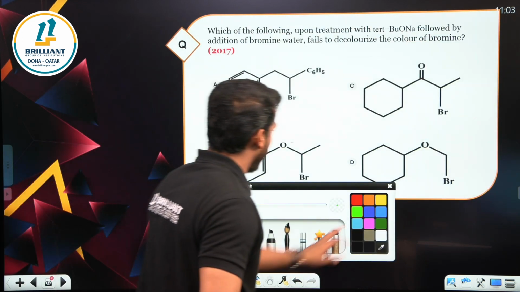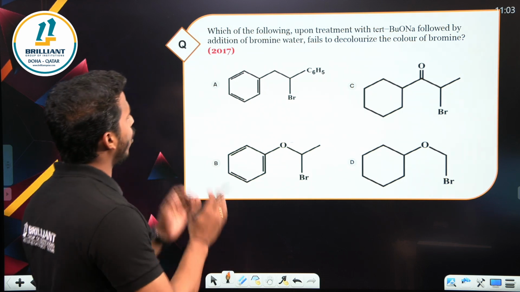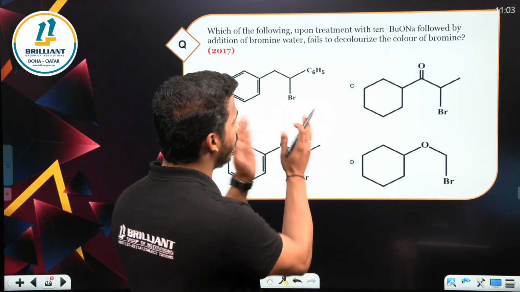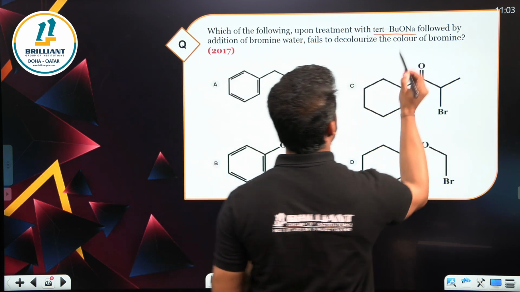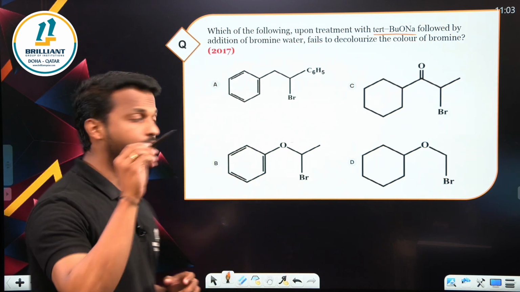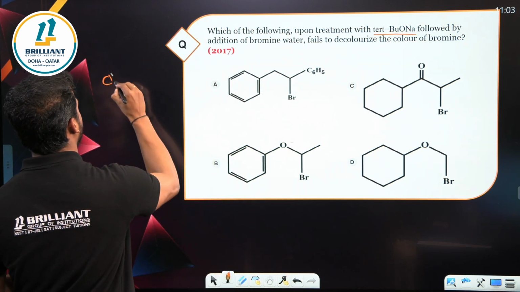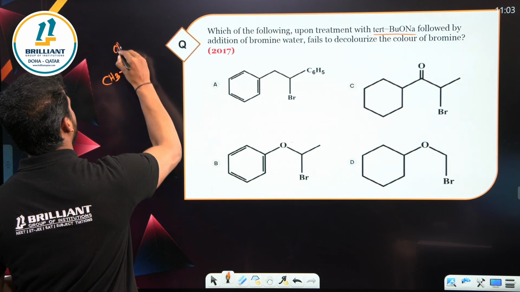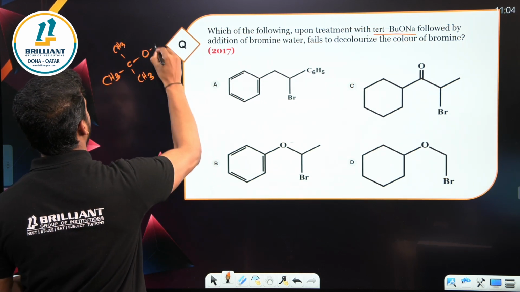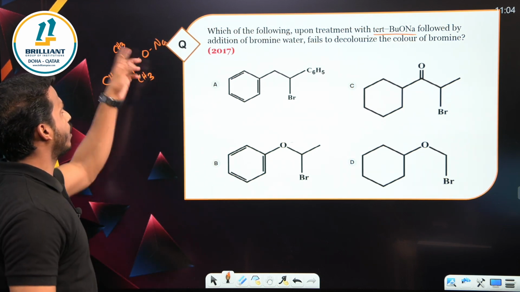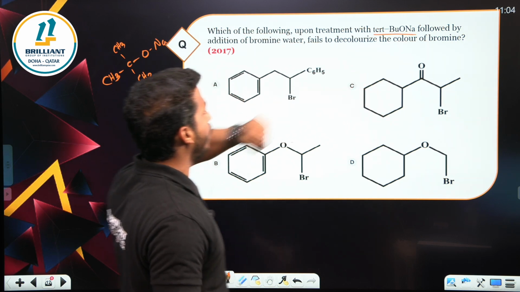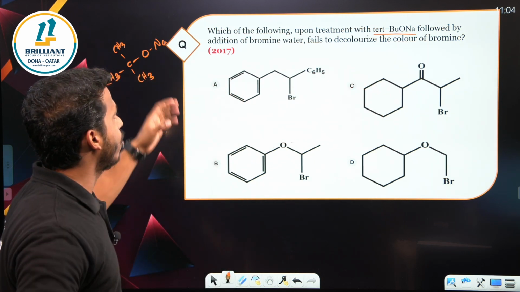Next one. Here we have a question: which of the following, upon treatment with sodium tert butoxide, and what is sodium tert butoxide? This is tert butoxide with ONa. Sodium tert butoxide. So which of the following upon treatment with sodium tert butoxide, followed by addition of bromine